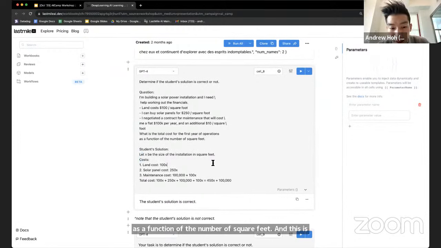Cost: land cost is 100X, solar panel is 250X, and maintenance cost is 100,000 as a fixed cost plus 100X. So total cost is 100X plus 250X plus 100X, 100,000 plus 100X equals 450X plus 100,000. So if I run this here,